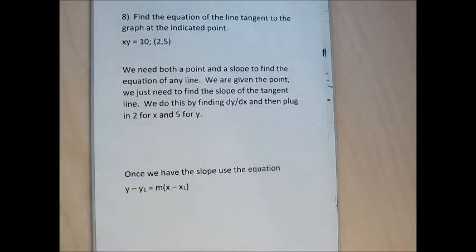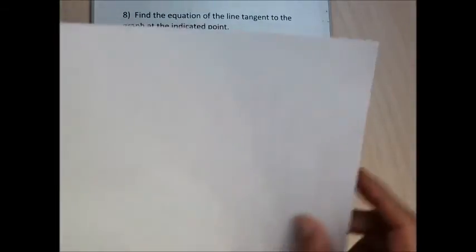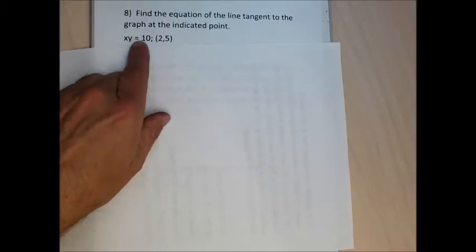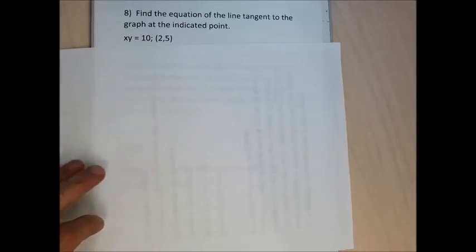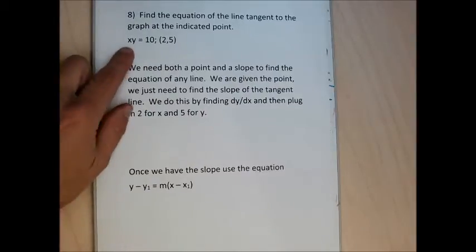It says, find the equation of the line tangent to the graph at the indicated point. Your test isn't going to have any other writing but that. It's going to give you an equation, and it's going to give you a point and ask you to find an equation of a tangent line. In order to find an equation of a tangent line, I need a slope and a point. I have the point, but I don't have the slope. I need to get the slope, and I get the slope by finding the derivative using implicit differentiation and then